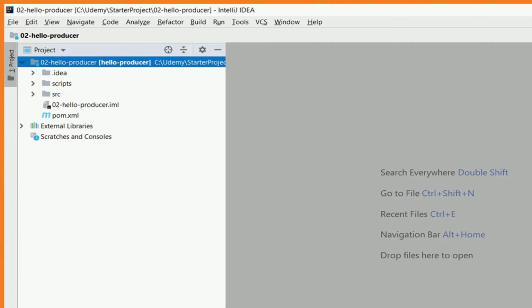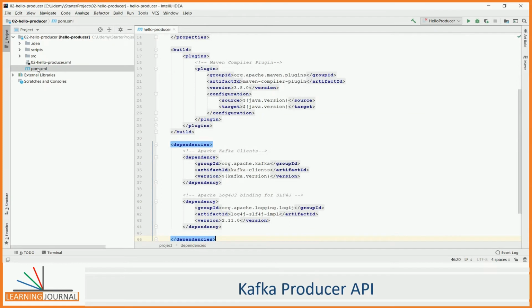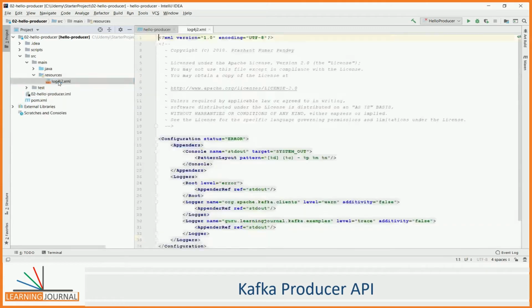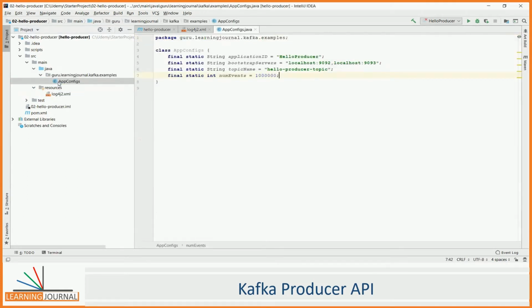All the necessary things are already set up in this project. I have a pom.xml file with all the required dependencies. I also have a log4j2.xml configuration file. Other than these basic things, I have added an app config class definition with some static constants.